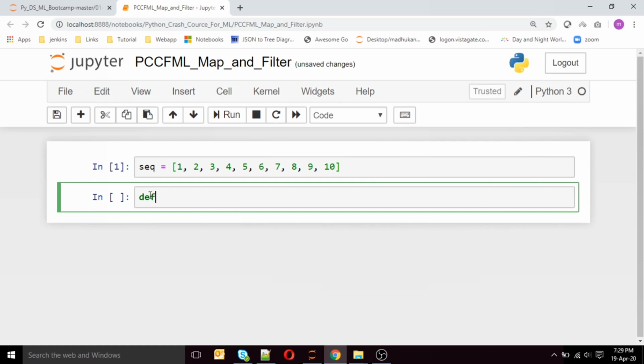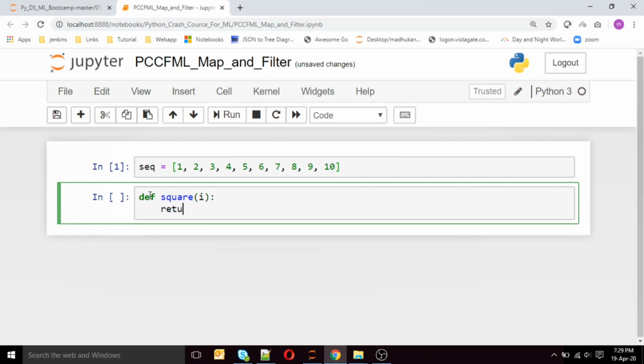I want to create a function which will do a square of each element of the sequence and return it as a value. The name of the function is square, and the input is i.